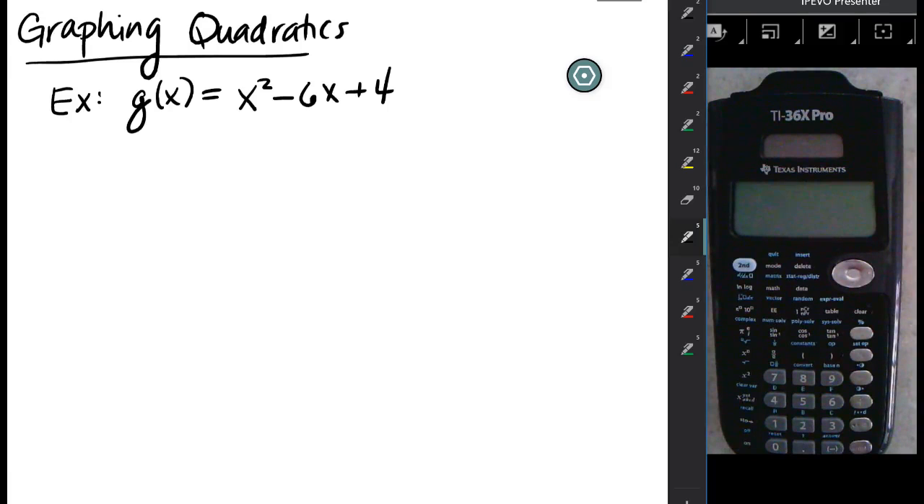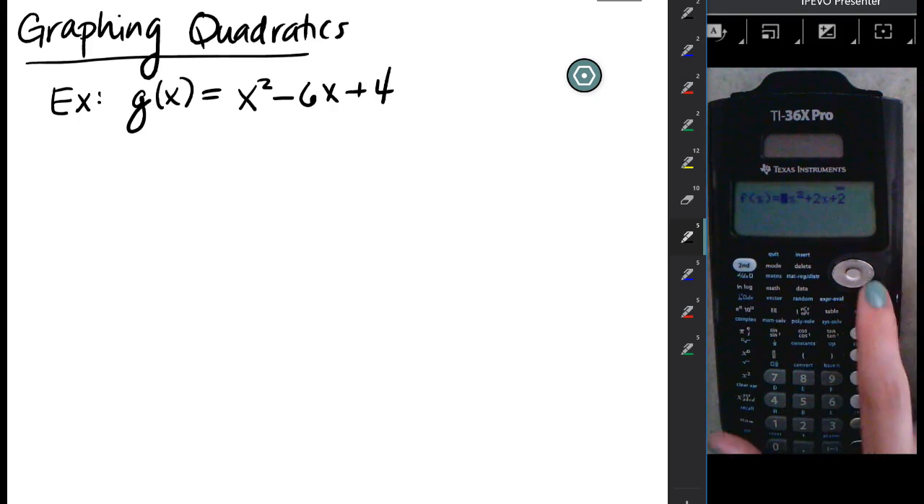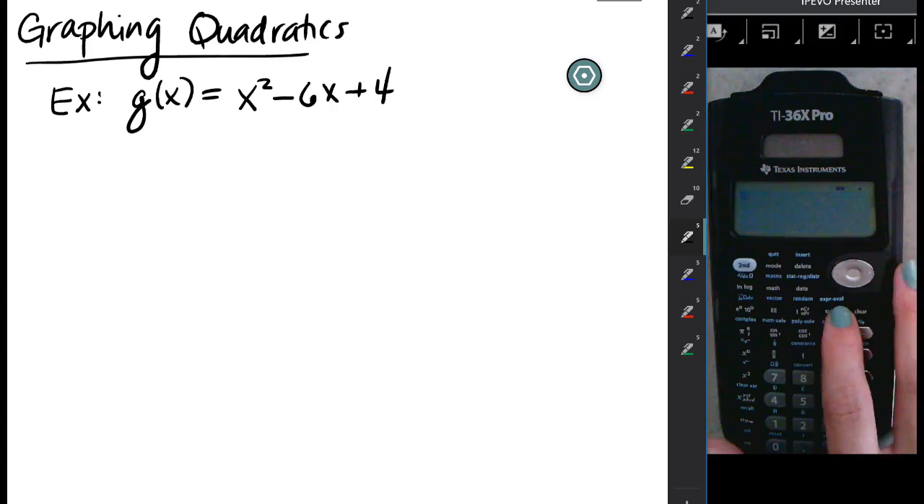In this video, we're going to talk about graphing quadratic functions. So we have an example of a quadratic function here, x squared minus 6x plus 4. If we wanted to graph this quadratic function, if we have our sweet little calculators, we would go in and